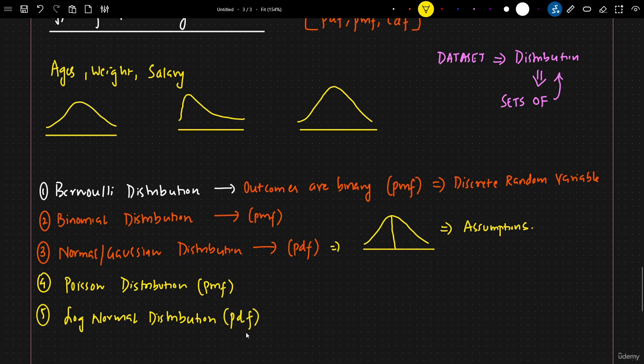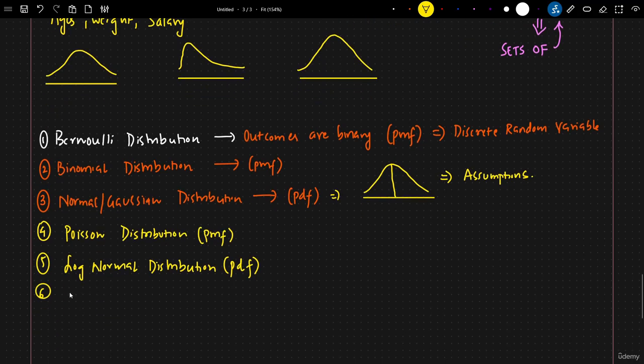And here we basically use PDF because it is for a continuous random variable. Wherever PDF is written, that is for a continuous random variable. Wherever PMF is written, that is for a discrete random variable. One more distribution that we will probably discuss is called the uniform distribution, which is again a